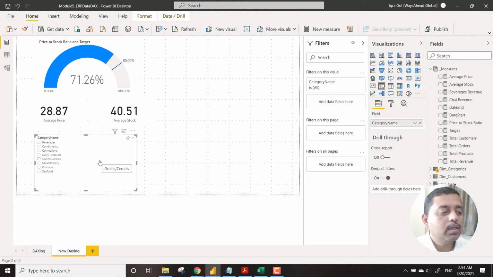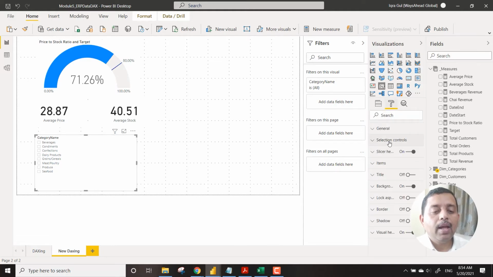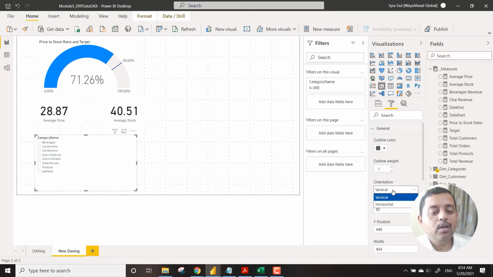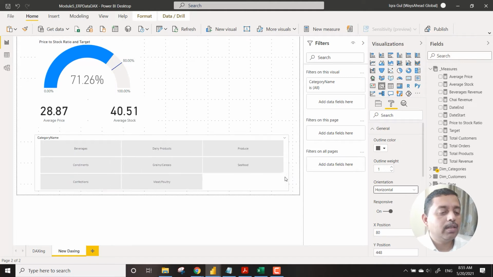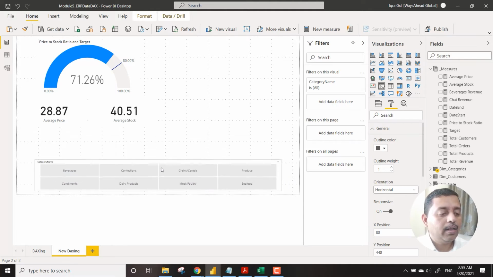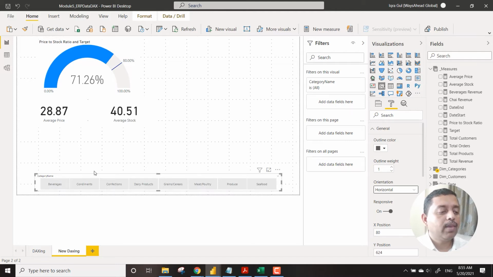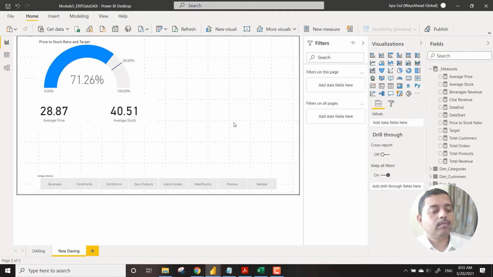So you can click on this particular slicer, go to the option called Format, and from Format you will see an option which says General, and under General you will see something called Horizontal, and automatically this converts it into something called a chiclet format. So you can bring it like this, and now you can click on beverages, confections, beverages, like this, and it works.